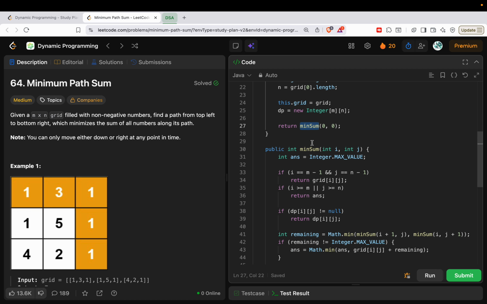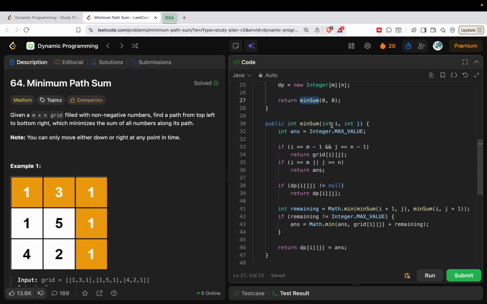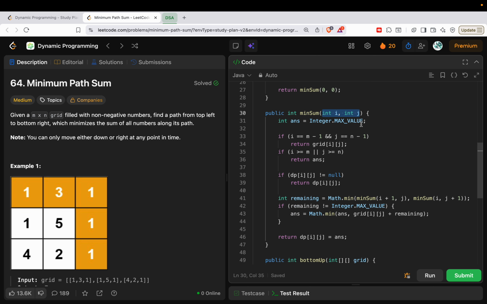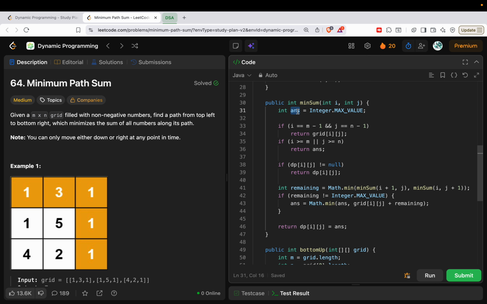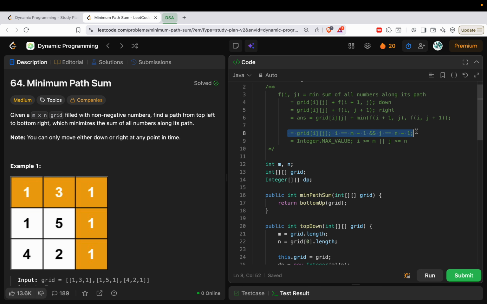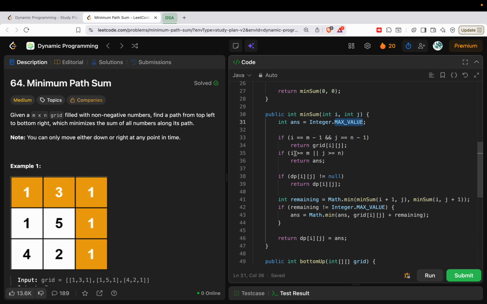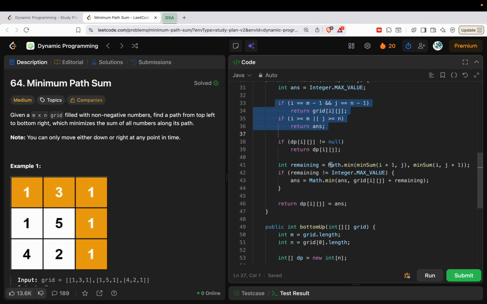And then I have written a utility function called minimum sum, which will take the starting value as an input. The minimum sum will take an index i, j, and it will identify the minimum sum of numbers along the path to reach the end. Initially I'm defining the answer as max value. As I mentioned, the moment we have reached the bottom right cell, we simply return the grid value. If we are going out of bounds, then we return a max value, indicating that the answer is not possible. Now that the base cases are done, we have two options, either to go